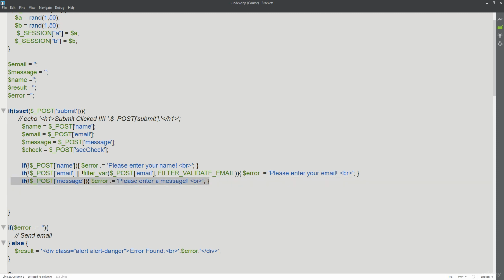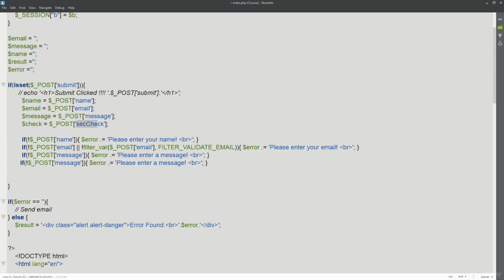And you can really customize these as well if you want. So lastly, we need to pick up that security check value, and we need to make sure that it's actually equal to our session value, just to make sure that this is the correct value. So let's do a check on that, and if it's not equal to that security check value, then it's going to fail. So please, wrong. We'll just do wrong